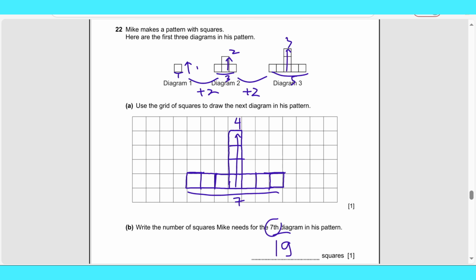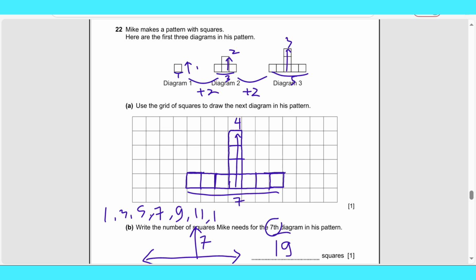If the first is 1 vertical, diagram 2 is 2 vertical, diagram 3 is 3 vertical, diagram 4 is 4 vertical, it means diagram 7 has 7 vertical, and then the horizontal is 1 3 5 7. To go to the 7th one, we will just keep counting the odd numbers, 9 and 11. So we have 11 horizontal,